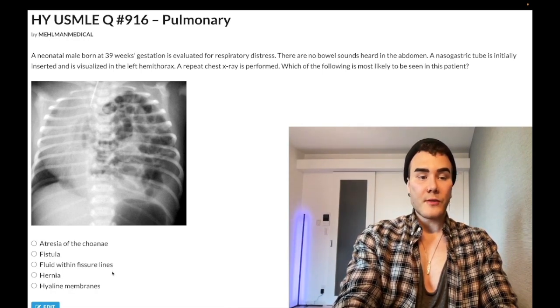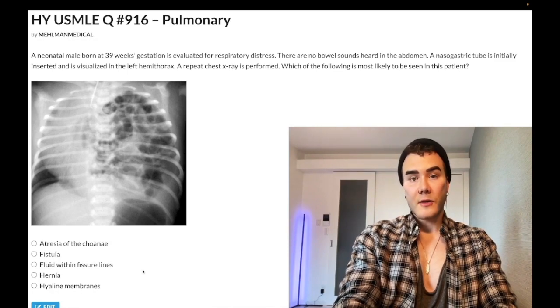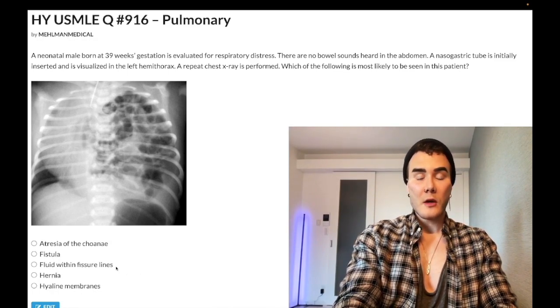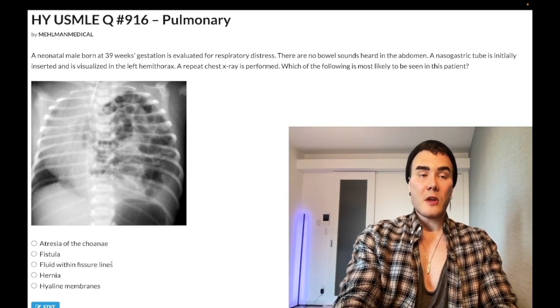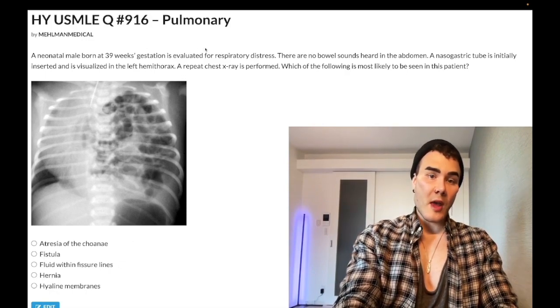Choice C, fluid within fissure lines. Wrong answer. Refers to transient tachypnea of the newborn. It's a 2CK diagnosis. I've made clips talking about this. It's going to be a kid where it sounds like NRDS. You're reading the vignette, they say you have a kid who's got difficulty breathing and he's born at term, okay? And so that's sort of what we have here, but our descriptions go against TTN, transient tachypnea of the newborn,